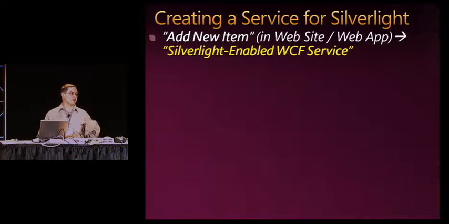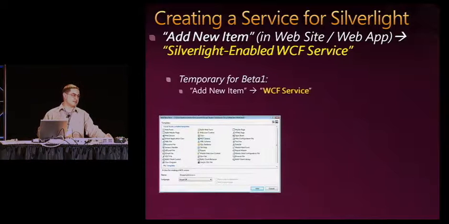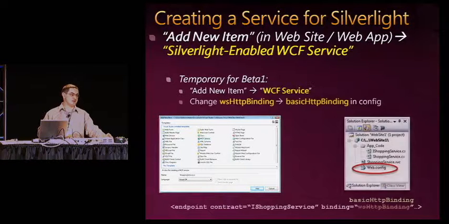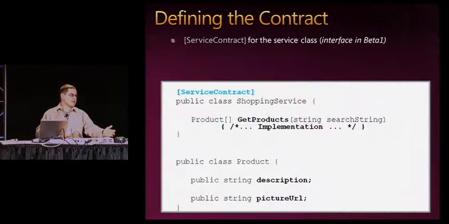As I mentioned before, the easiest way to create a service is to go to your website project or your web application project and choose Silverlight Enabled WCF Service. The template will do everything for you. It's not there in the beta, so for now you select Add New WCF Service, and you do need to make that one little tweak to the configuration to make it Silverlight compatible. Once the service is there,